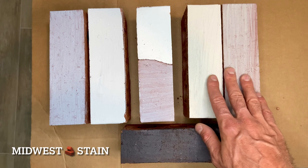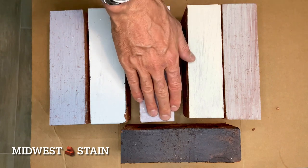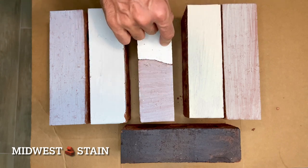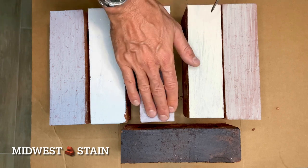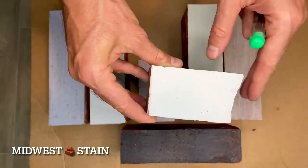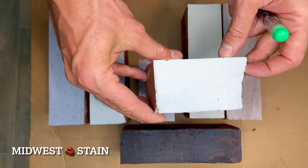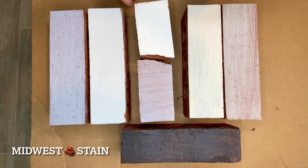So that's antique beige. The very next color that we're going to cover is going to be nickel. If you noticed, I purposely cut the brick here so you have the semi-transparent and then you have the solid. So again, same color, there's at least a 20% dilution between the two, and this is a nickel. It's much brighter than folks sometimes see in the catalog, and it is a gray. It has about 95% white in the formula, so it comes off a lot lighter than sometimes folks anticipate,